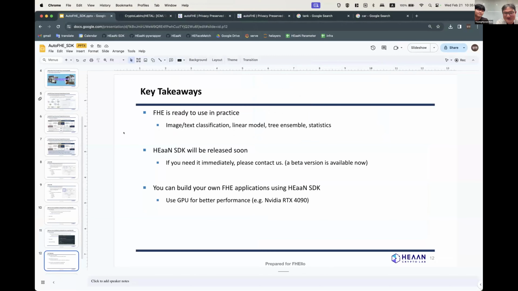Yeah, thank you, Yang. So we tried very hard to finish our presentation in 15 minutes. So now we have introduced our AutoFHE service and also explained how you can use the downloaded model from the AutoFHE service in your application. And we have also shown how you can download the HAN SDK to build your own application and how to make it and use it to build new applications. The sample files and the presented file will be shared after this presentation.